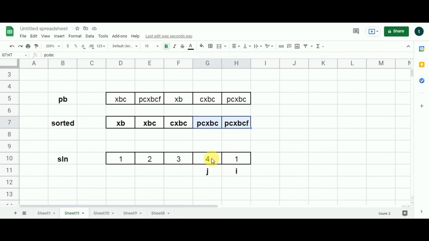What we are going to do, we are going to add 1 to this value 4. We are going to get 5. This 5 we are going to compare with the already existing value in this cell represented by I in the solution array. So 5 is much greater than 1. 5 will replace 1. In the end, what we are going to do, we are going to traverse this array to look for the maximum value. The maximum value is 5, which is stored in the last cell of the solution array, and this 5 is our answer. So 5 is the length of the